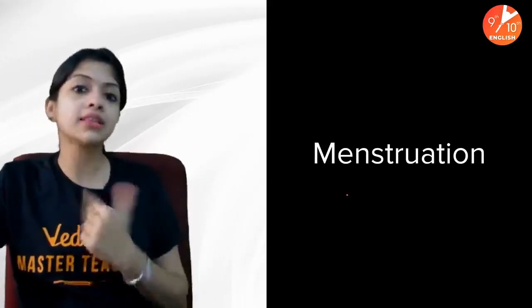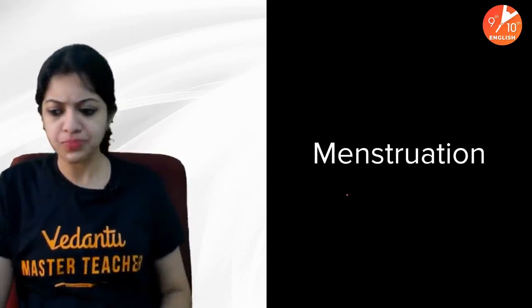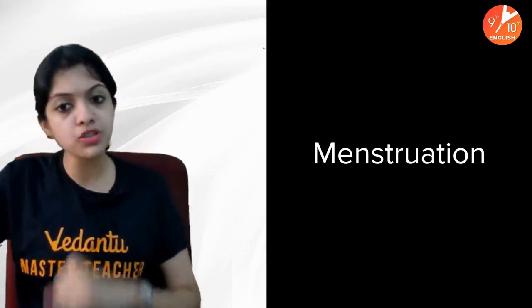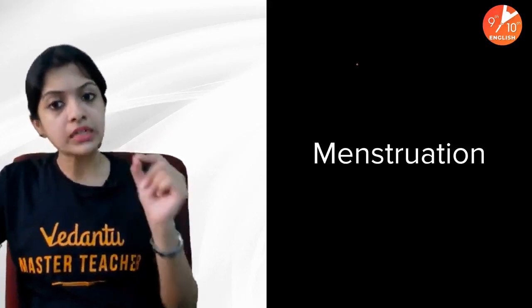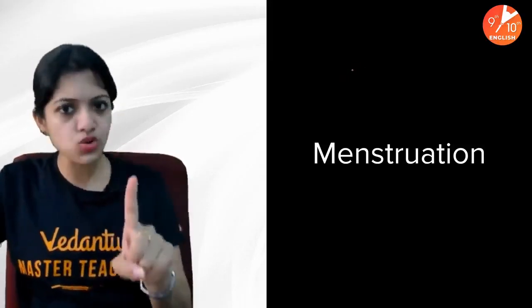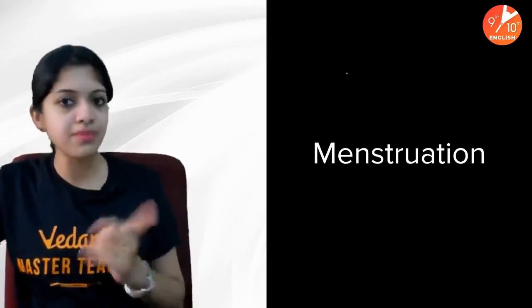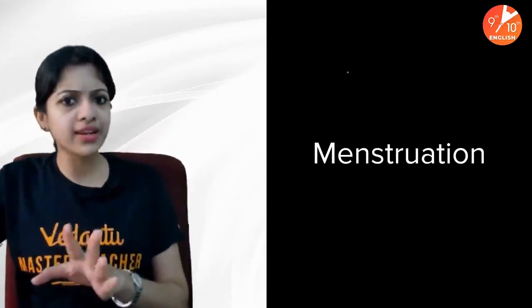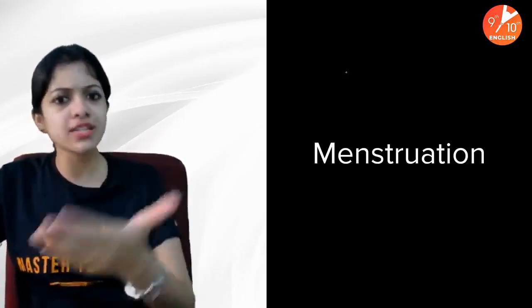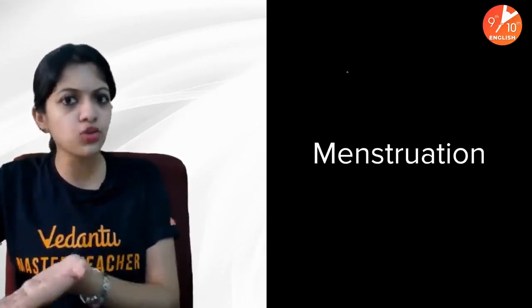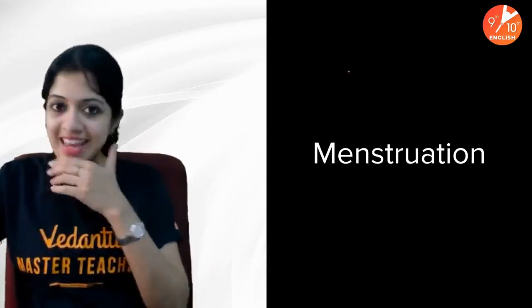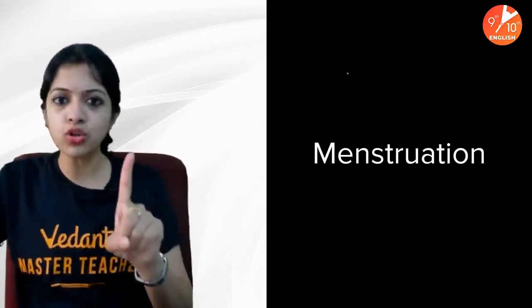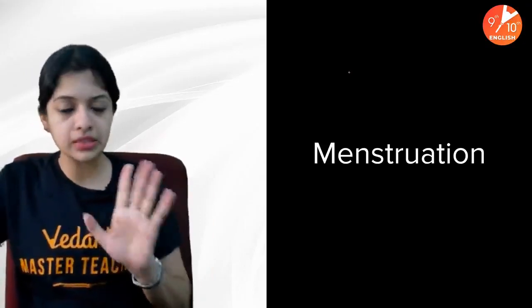And now coming to another concept, which is menstruation. So why are we talking about this now? Remember children, if you recall what I told you in the last session, one egg is formed in a female every month, right? One of the two ovaries produces an egg. Alternate months, like this month, if one ovary produces, next month it might be the other ovary that produces an egg. Nonetheless, it's usually one ovum per month, right?